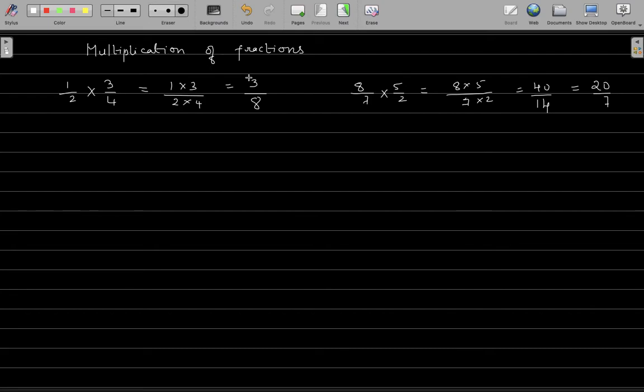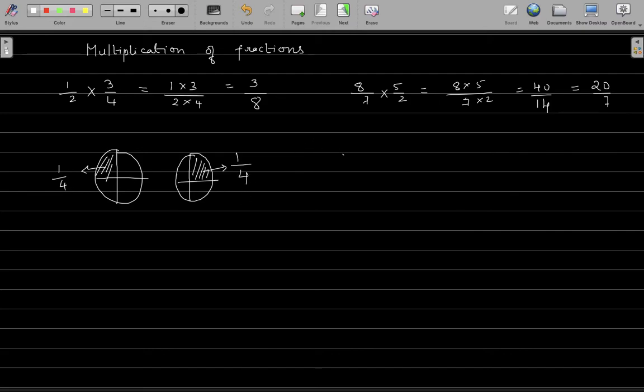Let us understand the concept behind this first. Suppose I have a whole object. I am dividing it into 4 parts. I have the same whole object which is divided into 4 parts. Here let me consider one part of the 4 parts, that is 1 by 4. This fraction will be 1 by 4. This time I want to consider this also will be 1 by 4.